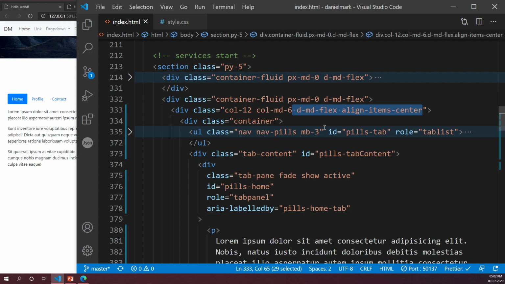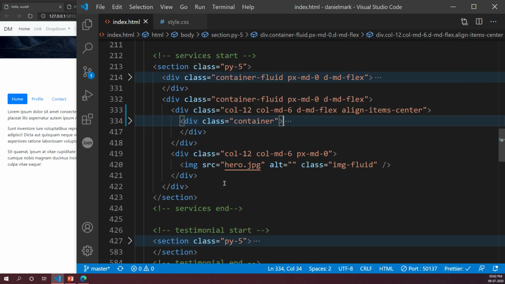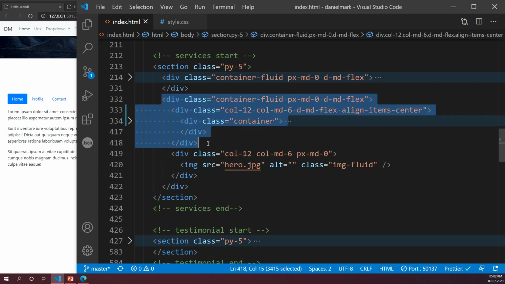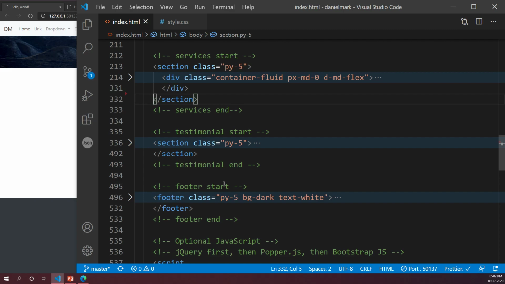Okay, what we'll do is, it's super confusing. Okay, don't worry. What I'll do is I'll delete the entire container fluid, right? I'll start all over again. All of you listen carefully, okay? I'm starting all over again.